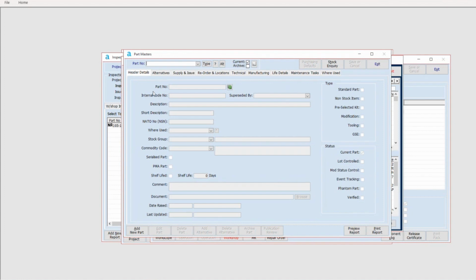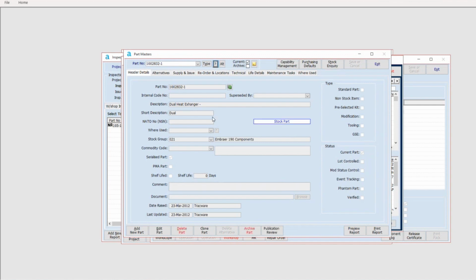And we're going to look specifically at this part, because this is the part we're going to be working with today. 12028 32-1, and it's a dual heat exchanger. So, okay. And the main thing you need to look at is, obviously the main front end details need